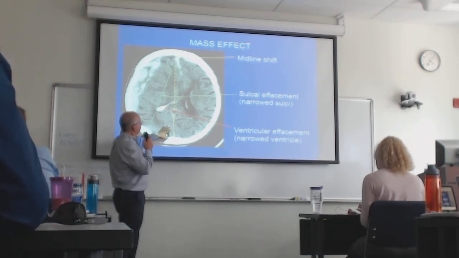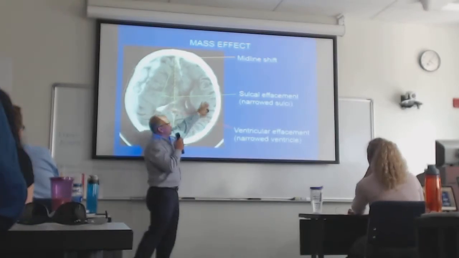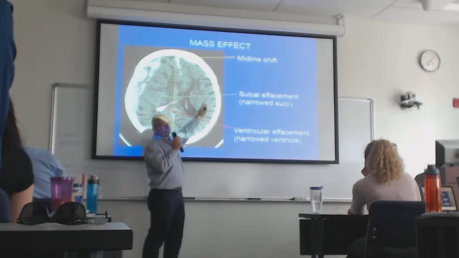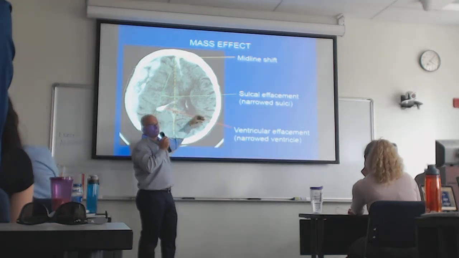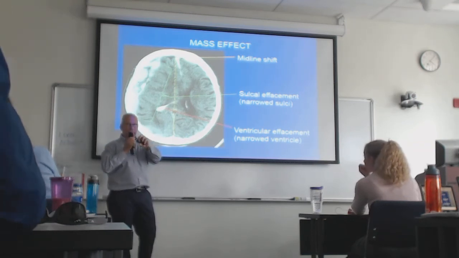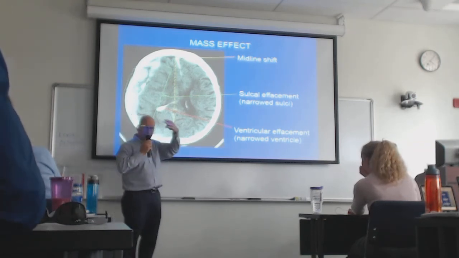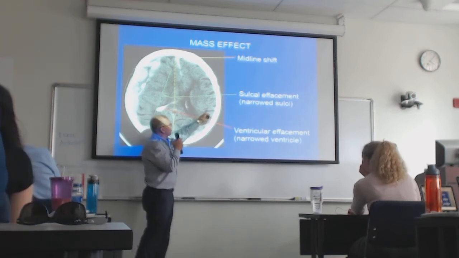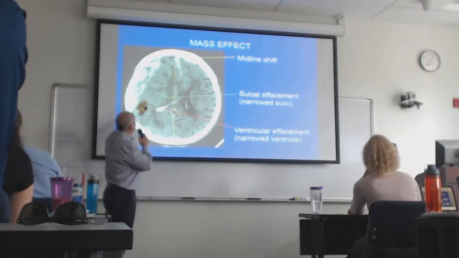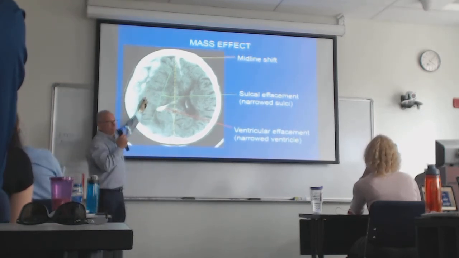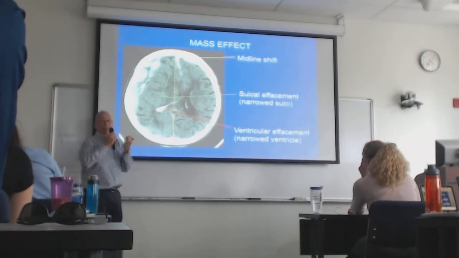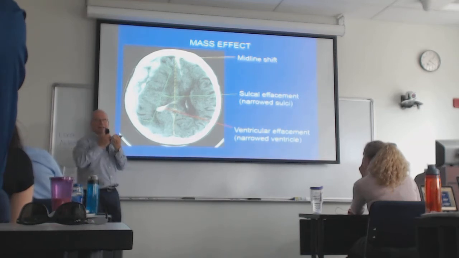So this is a crappy older scan, but notice here on the unaffected side, we have these lines of dark black. That's CSF in normal sulci. The brain looks like a walnut, right? So it's got the gyri, which is the brain parenchyma, and the sulci, like the hills and the valleys. So this is normal CSF in the valleys on the unaffected side. But on this side, you don't see that because the brain may be swollen because of the trauma, but also because this is pushing. All the valleys are getting squashed, and there's no valleys left on this side.